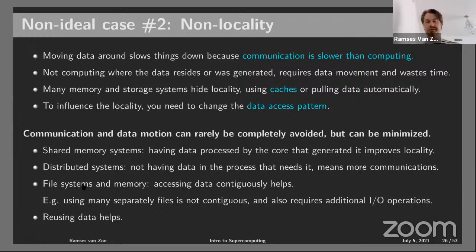In file systems and in memory, what helps a lot too is that those are set up in a way where if you have, say, a big file and you read 1 byte of the file, actually the file system will give you not 1 byte, it will give you a whole bunch of bytes, going, I'm already reading it, I already know where these things are, I'm just going to store them, so that if you have a need for the next byte, I already have it. And so that's a sort of linear model of files and of memory as well, where using data in a contiguous way, so streaming it, making sure that the data is close together in memory or in a file, helps a lot.